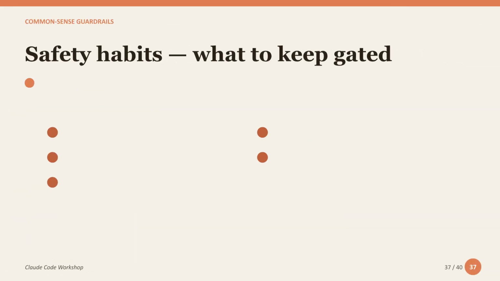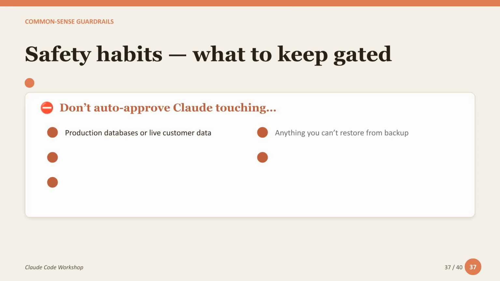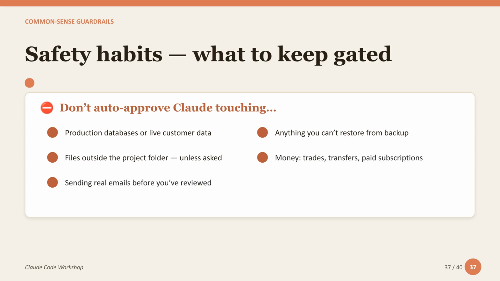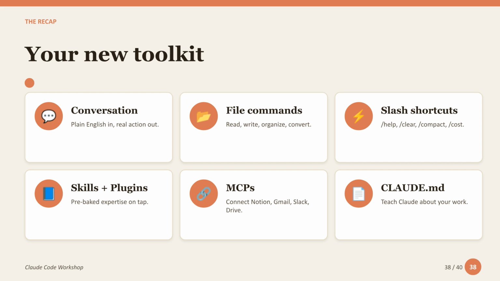Adopt these common sense safety habits. Never auto-approve Claude touching production databases, anything you can't restore, files outside the project folder unless asked, money transactions, or sending real emails before you review them. Default to caution. To recap, your new toolkit includes 6 core components: conversation, file commands, /shortcuts, skills and plugins, MCPs